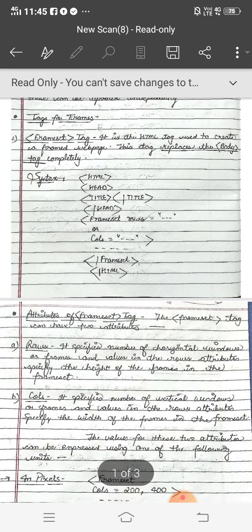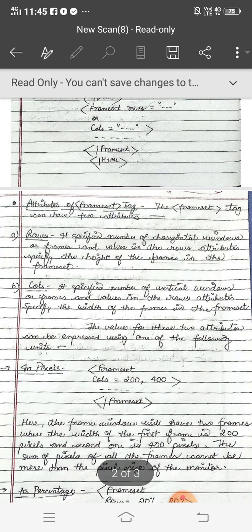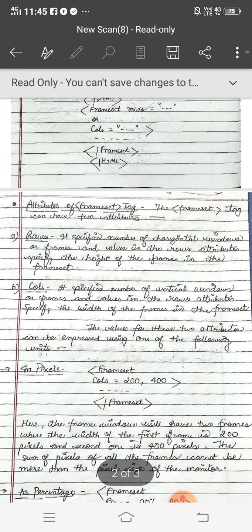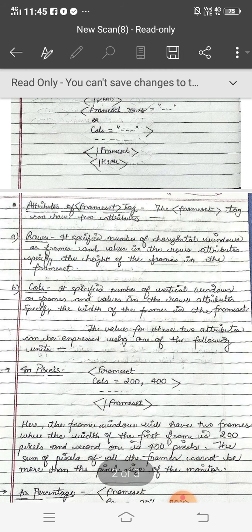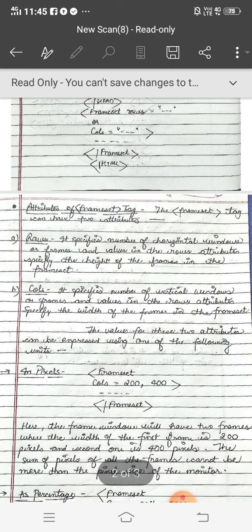Now, attributes for the frameset tag. The frameset tag can have two attributes, rows and cols. Rows, as its name says, is used for making rows, and cols is used for making columns. Rows specifies the number of horizontal windows, because a row is always horizontal and a column is always vertical. Simple.